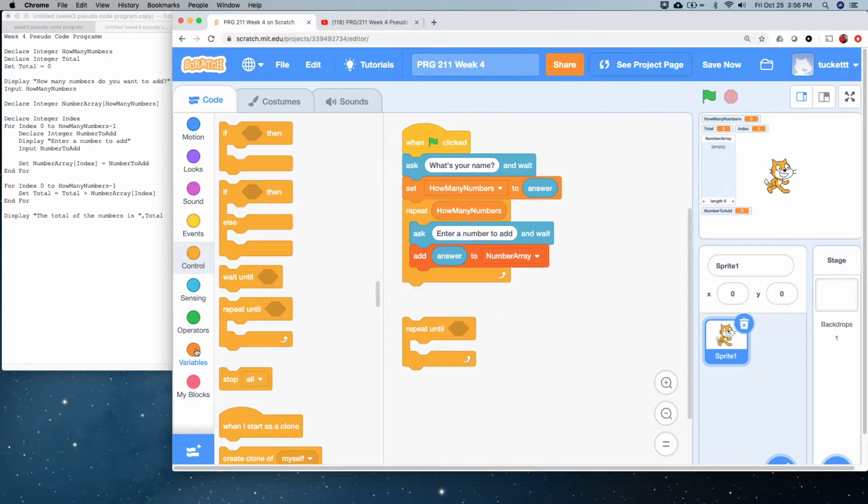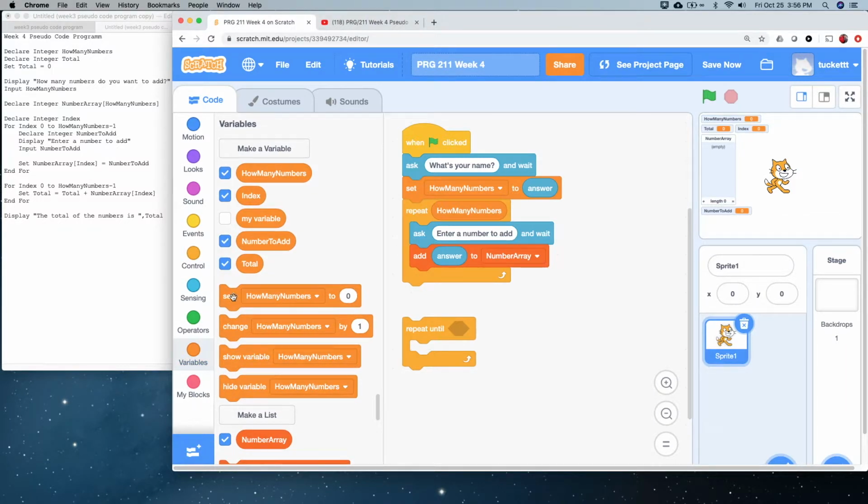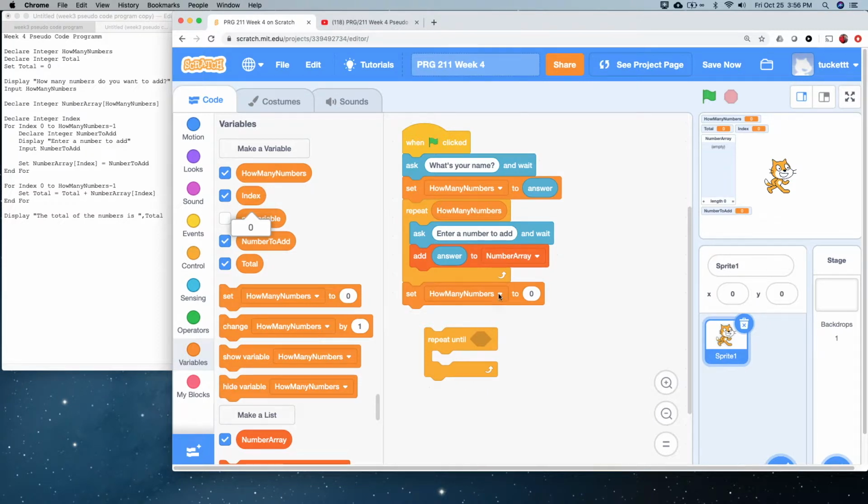And let's set index to 0. Now remember that an array is zero-indexed, right? It starts with 0. So we're going to repeat until